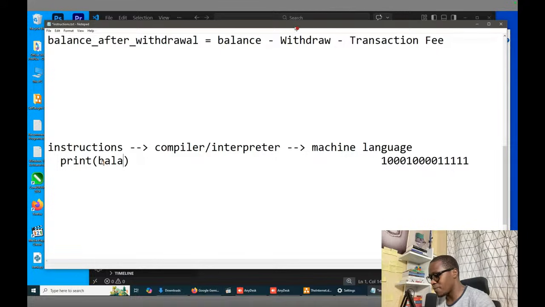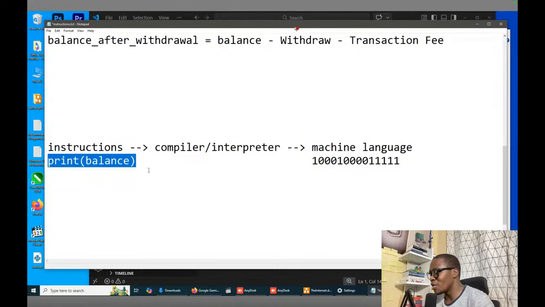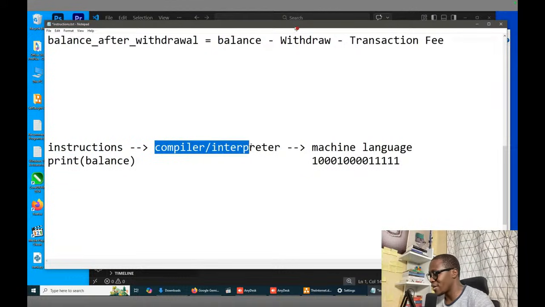Want to say print balance. So assuming you want to say print balance, the computer will take whatever it is we've typed here. It will give those instructions to the compiler, and then